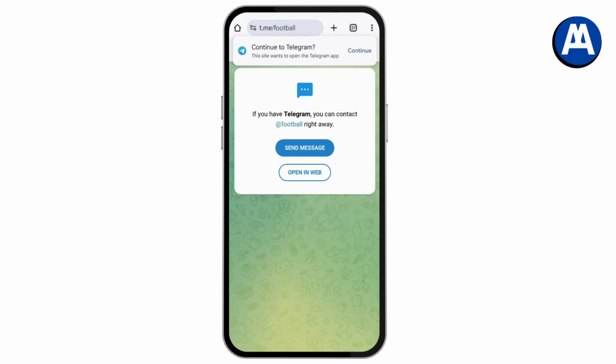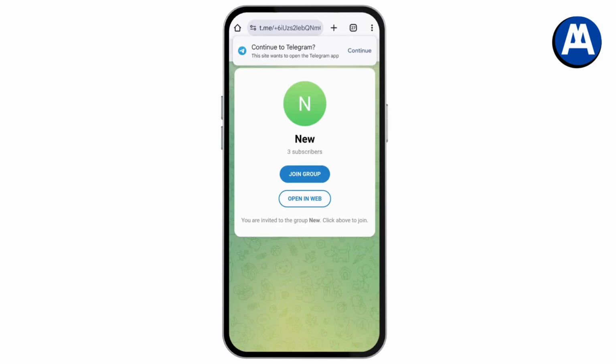So you just need to simply go with open in web or continue to Instagram. So I'll just simply go with continue to Instagram, which is on the upper side. And you will have an option of join group. You can simply tap on join group and you'll be able to join the private channel on your Telegram without the